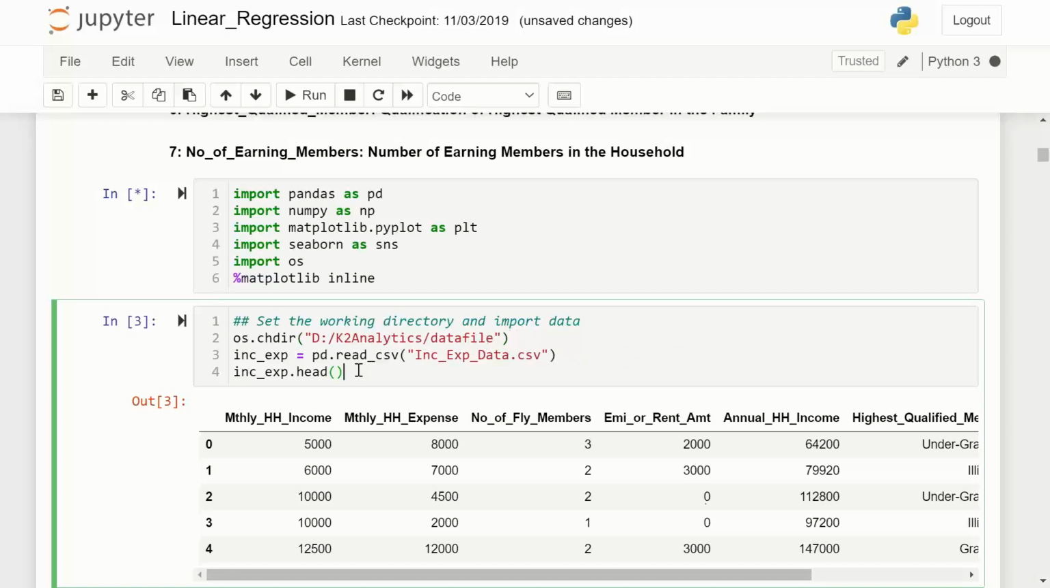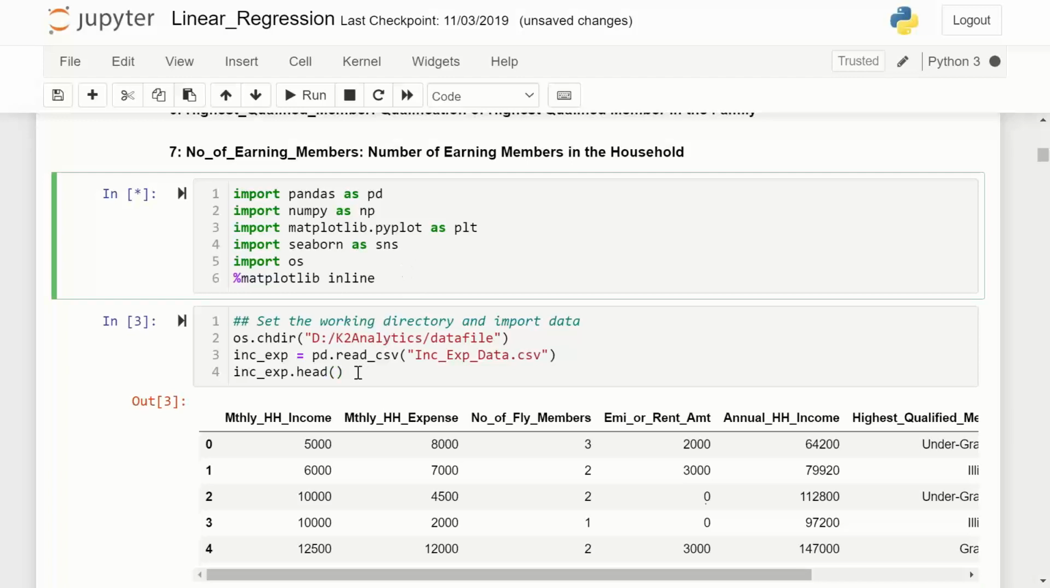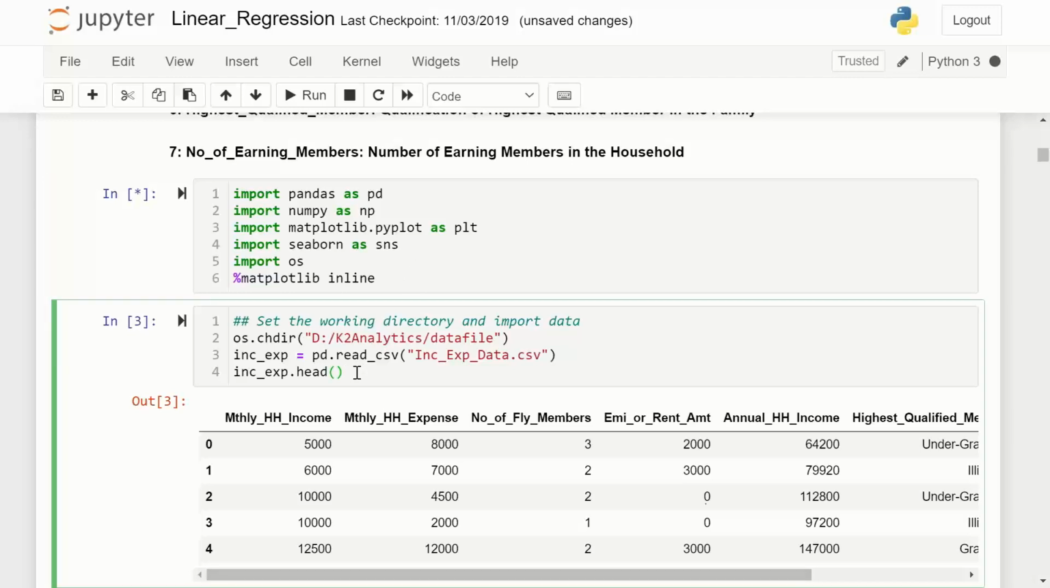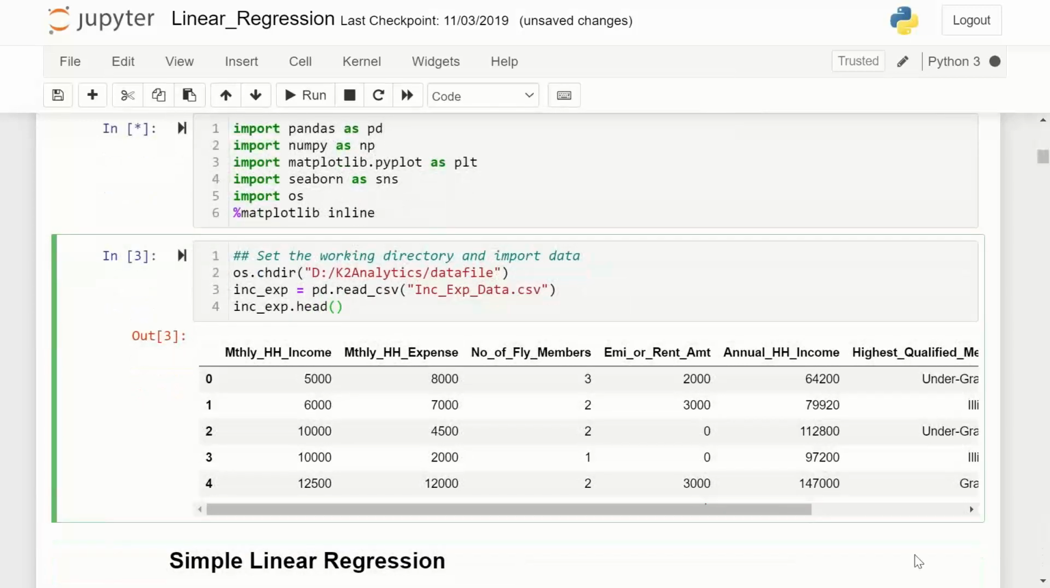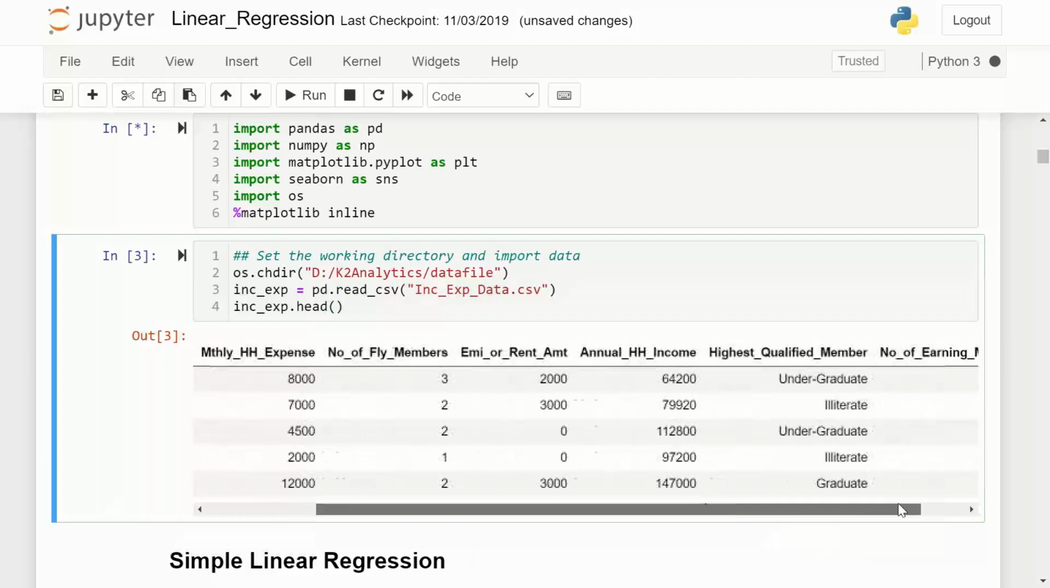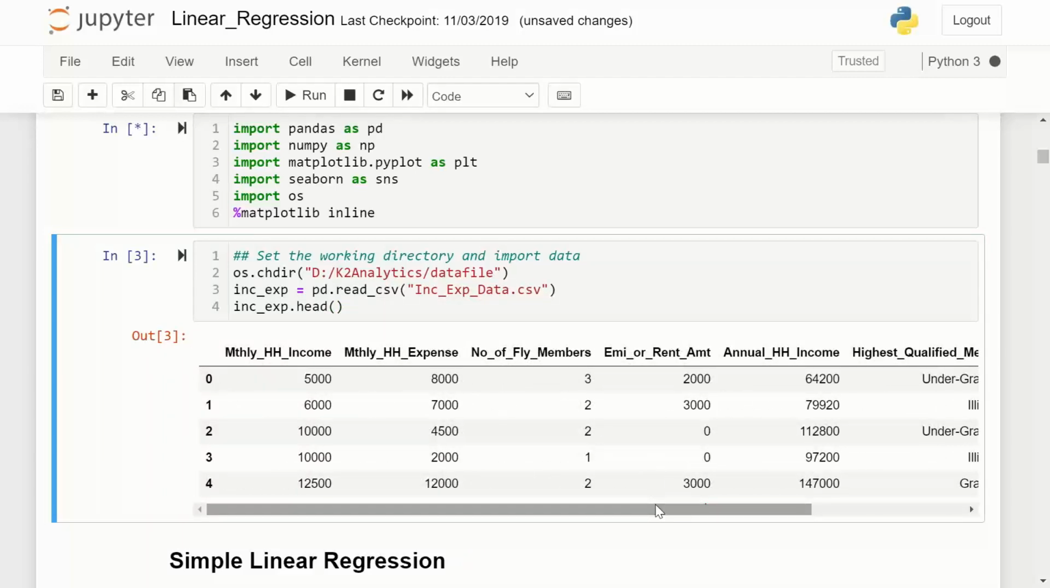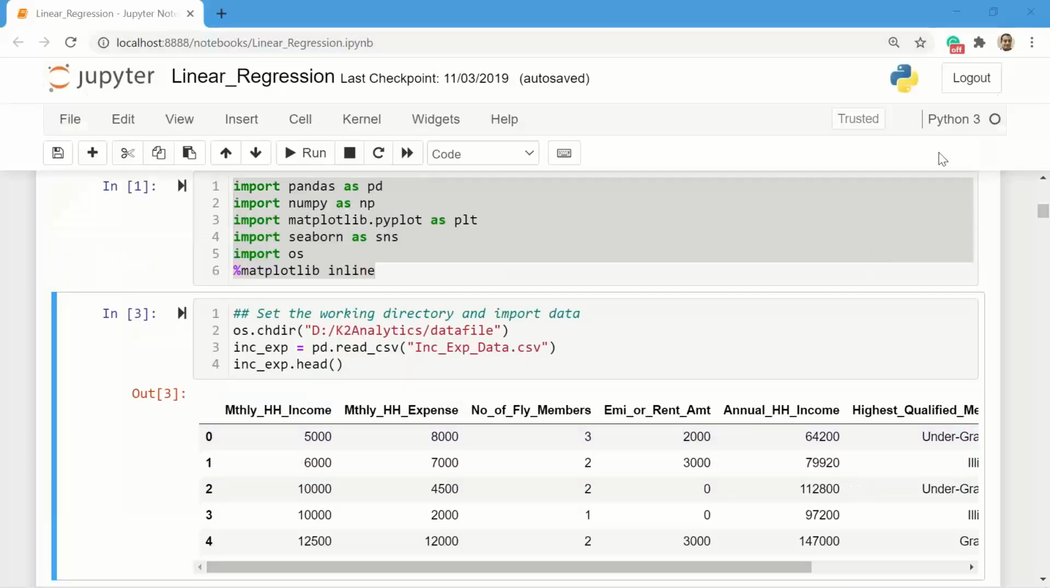So having imported the packages, I'll run this part of the syntax where I'm going to import the file, and if I do a head, I'll be able to see the data. If you do number of rows, you can find out how many rows are there. The number of rows in the file is 50. Okay, having imported the file,